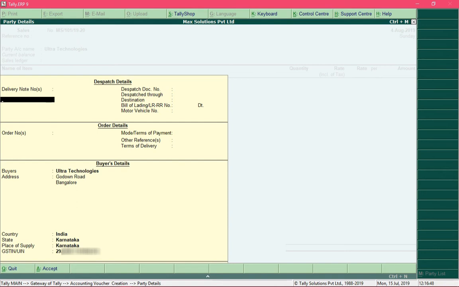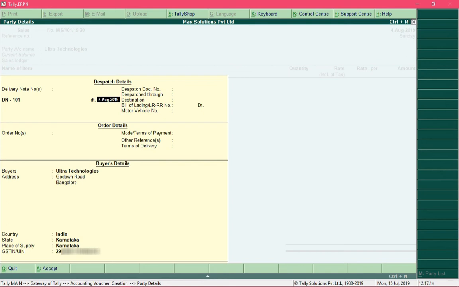So in case if you have already sent the goods to the buyer, and you are generating the invoice now, and you have sent a delivery note at the time of sending the goods, so you can specify the delivery note number as something like delivery note number 101 and press the enter key and specify the date of delivery over here.